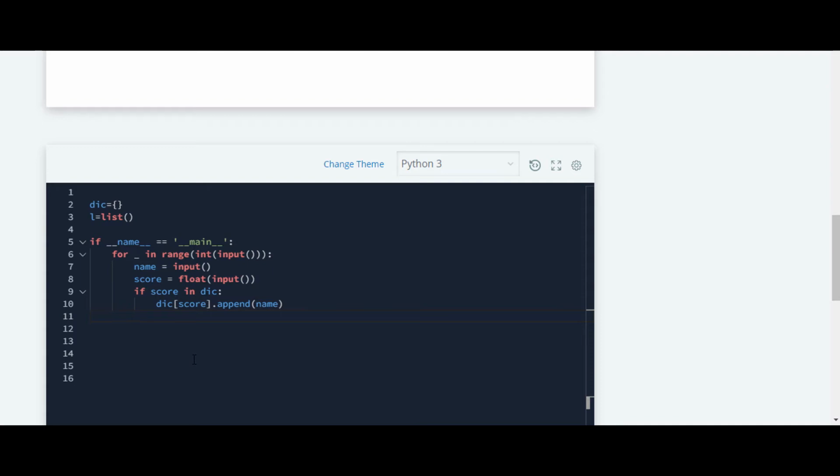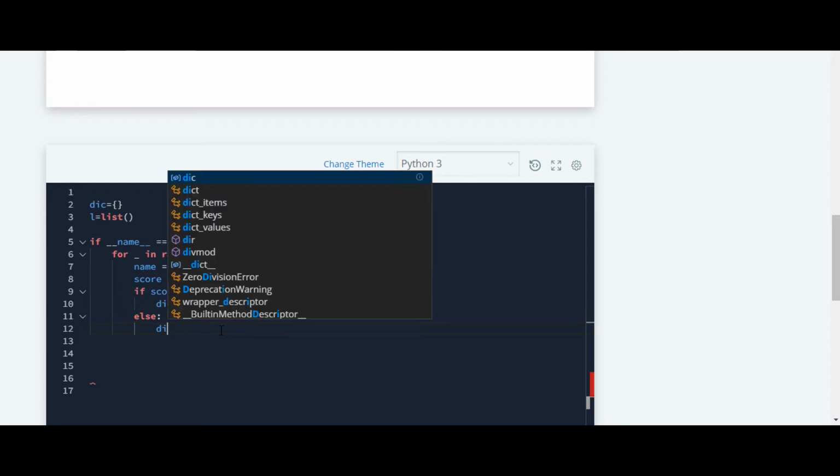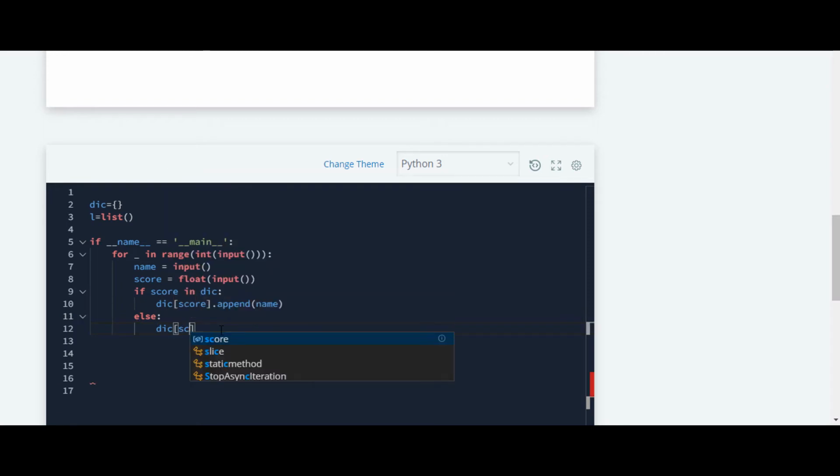Here we have checked if the score is already in the dictionary or not, and if the score is not in the dictionary, we'll create a new list for it. Okay, so now we have created a new list for that score.